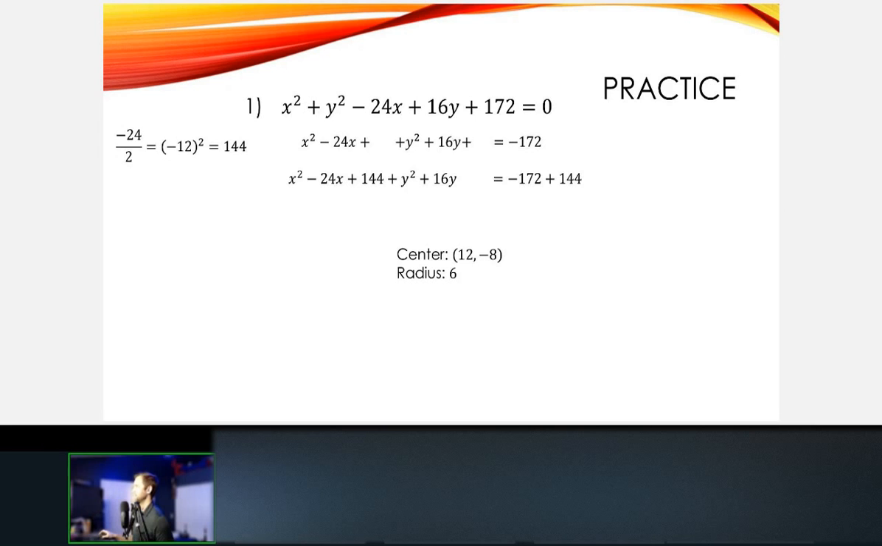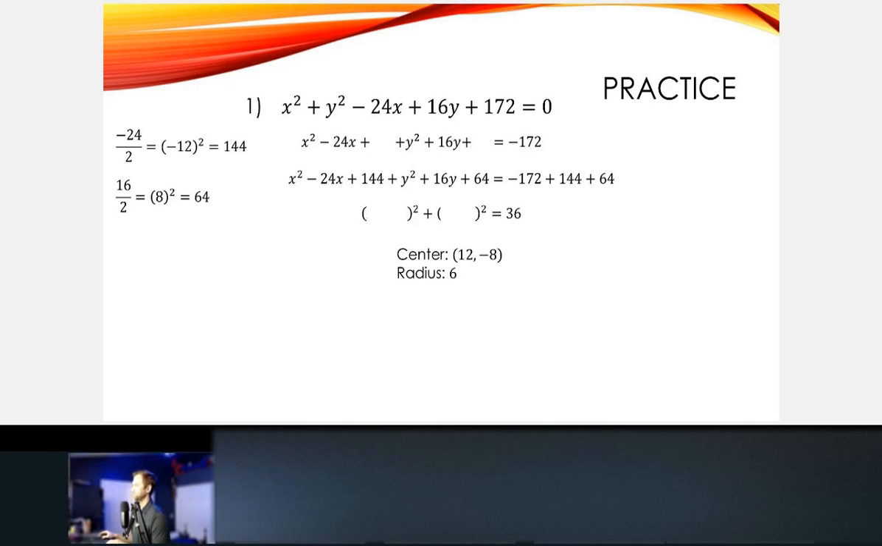Okay, so you have to add the 64. Yep. Easy mistake. So then we do the y step. Take the 16, we divide by 2. We get 8, and then 8 squared gives us 64. So we're going to add 64 to both sides. And then -172 plus 144 plus 64 gives us